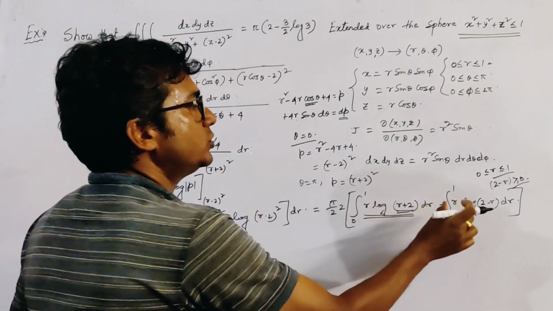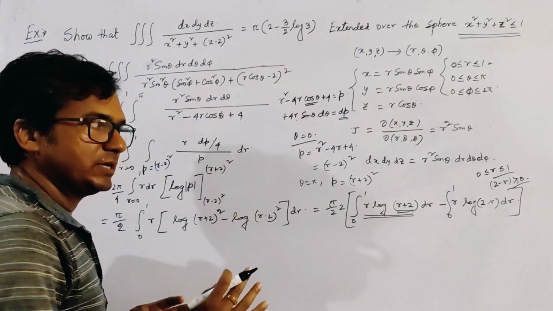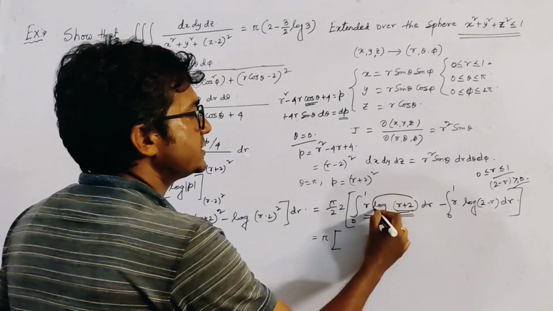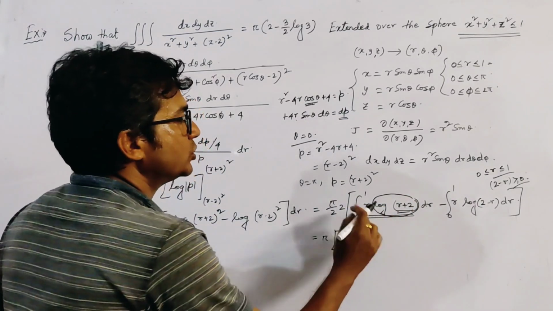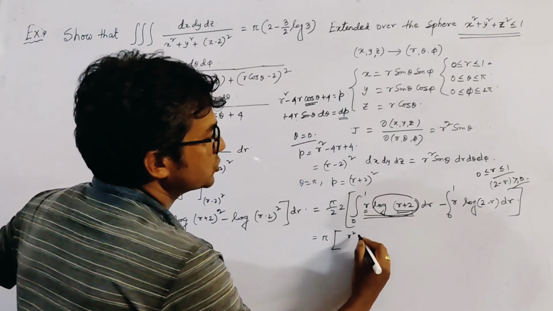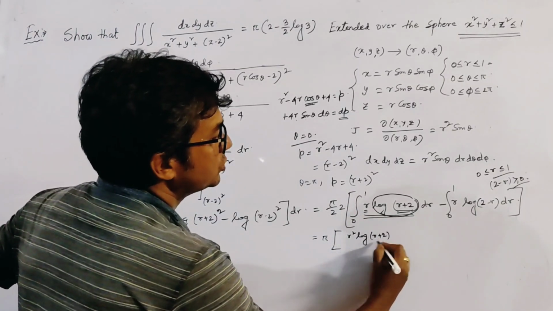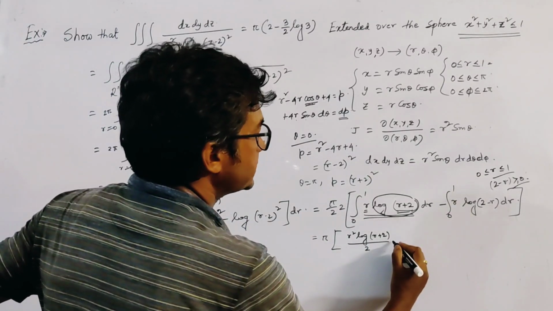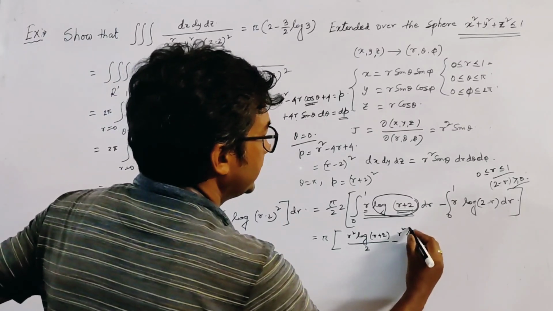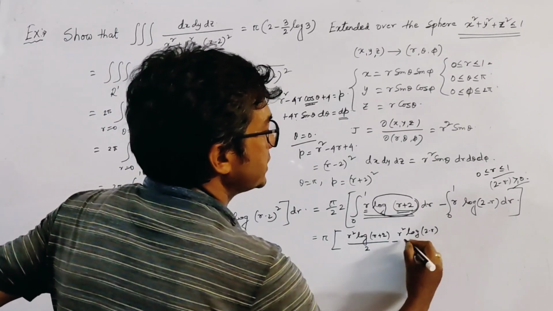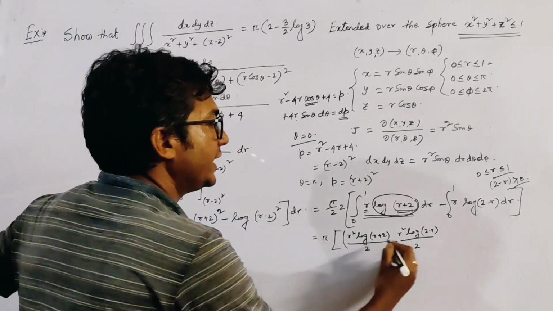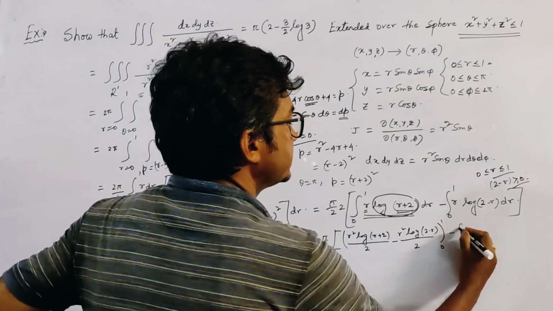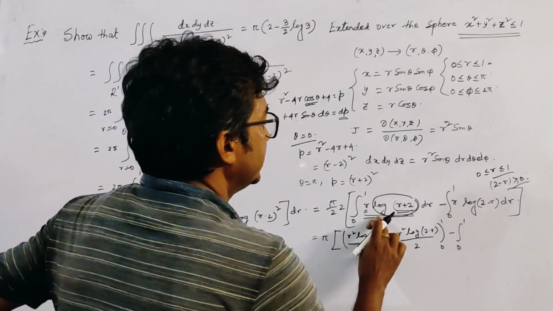Now we integrate these 2 terms by integration by parts and get the result as pi into the first term. We take this as the first function and this as the second function, so the first term is r square log(r + 2) by 2. And the first term of the other is r square into log(2 − r) by 2, and the range of both terms is 0 to 1, and the second term is minus integration 0 to 1,